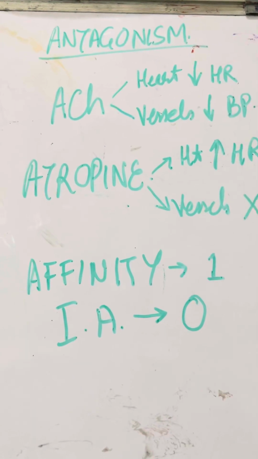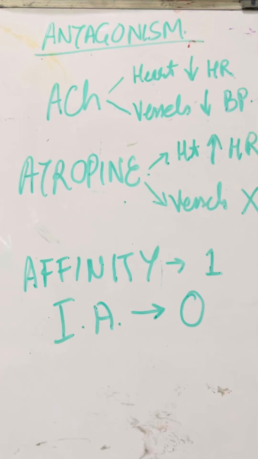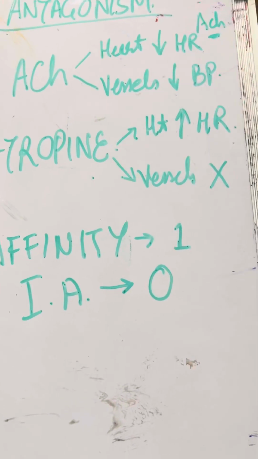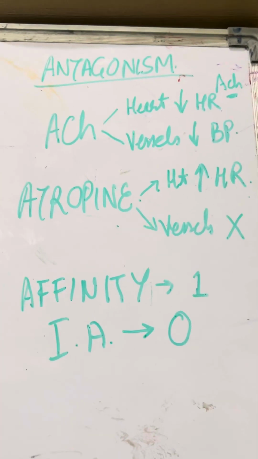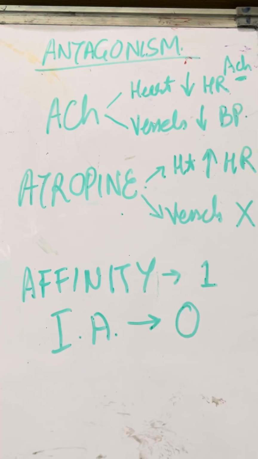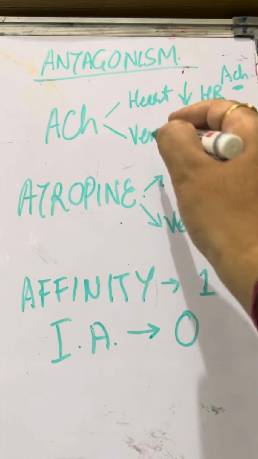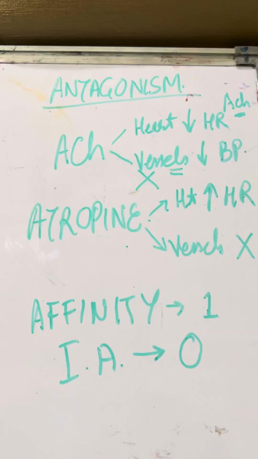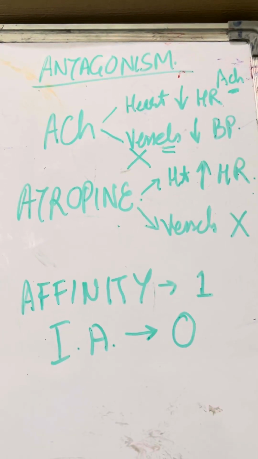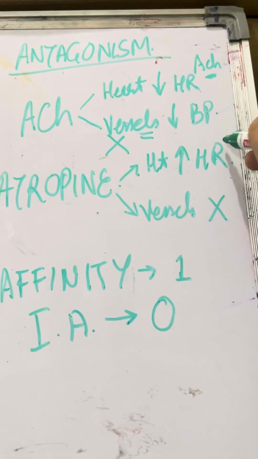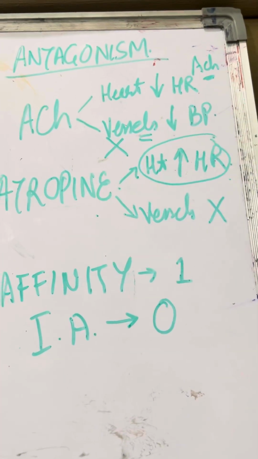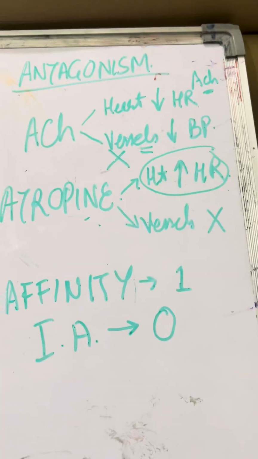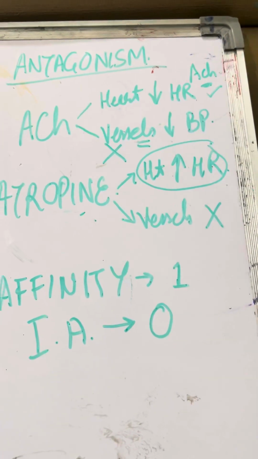The reason for that is because normally in the heart, acetylcholine is present as a form of the vagal innervation. But in the vessels, there is no acetylcholine because there is no parasympathetic innervation to the vessels. So whenever we see an increase in the heart rate, it is not due to any effect of atropine, it is due to blockade of the effects of acetylcholine.